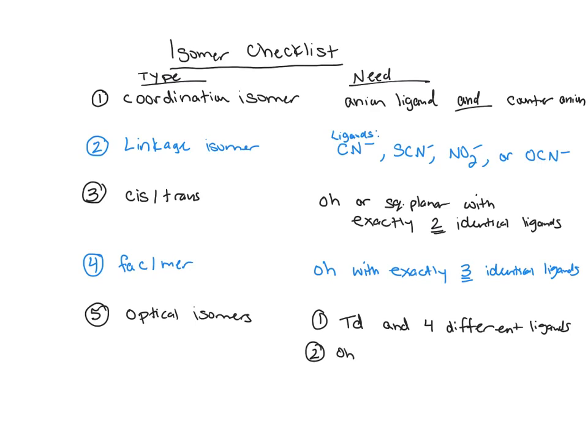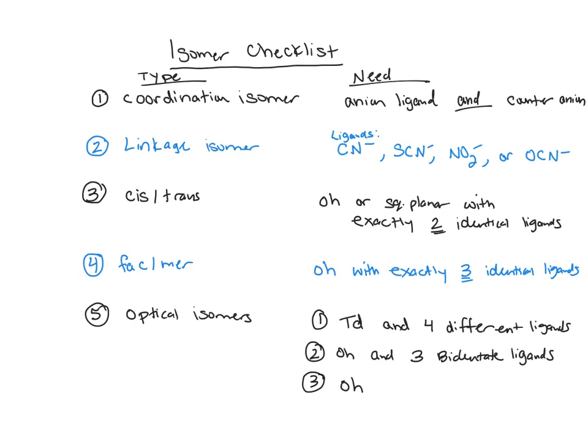Octahedral structure and 3 bidentate ligands. As a reminder, a bidentate ligand is one ligand that has 2 donor atoms. So if we have 3 bidentate ligands, you actually have a coordination number of 6, which is where we get that octahedral shape. And the third type of optical isomer that I want you to know for our exams, octahedral shape